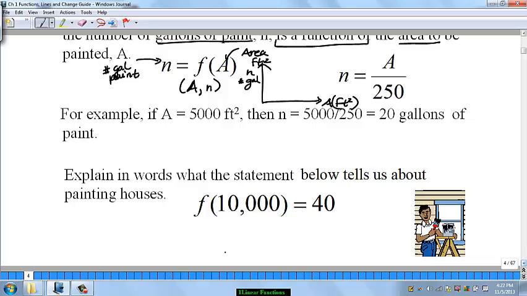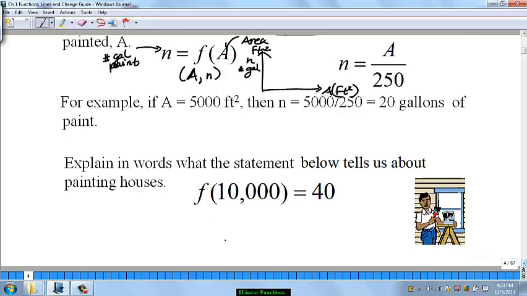So let's explain in words what this statement means. So here I have a math sentence, and now that we've labeled everything above, I know this is the area in square feet, and I know this is the number of gallons of paint. So I can say this in words now. You can say it left to right or right to left, but let's go right to left just for something different. It takes